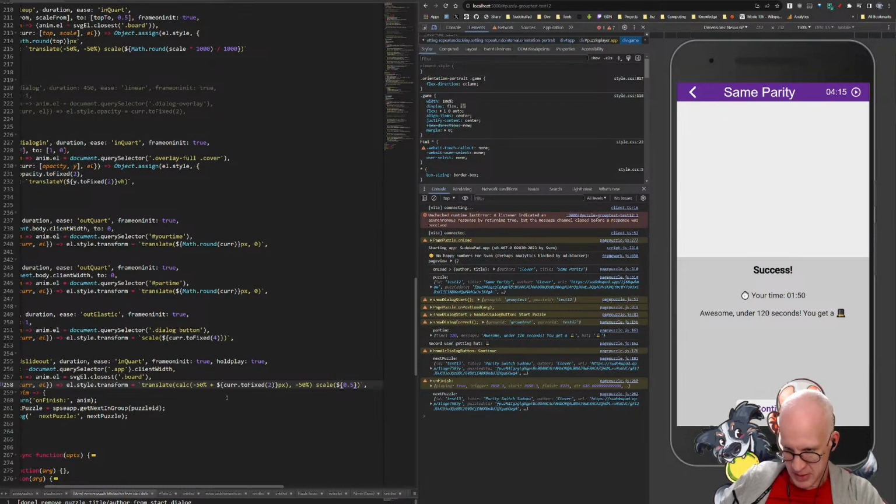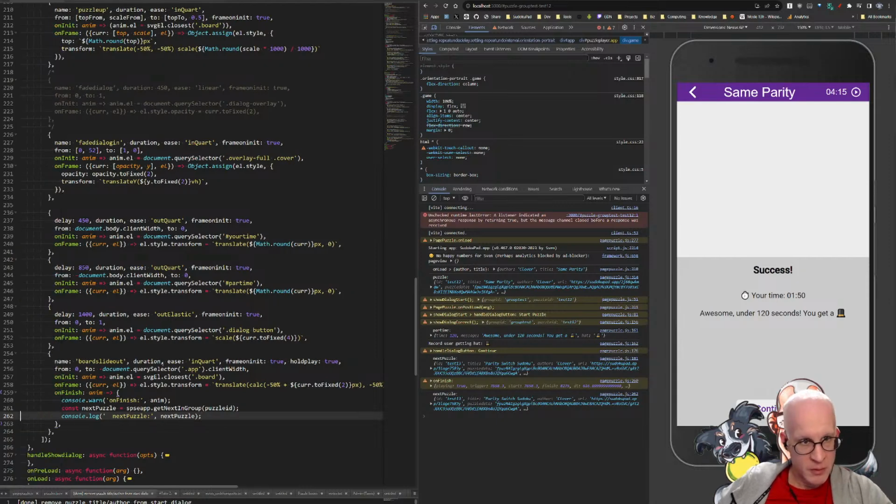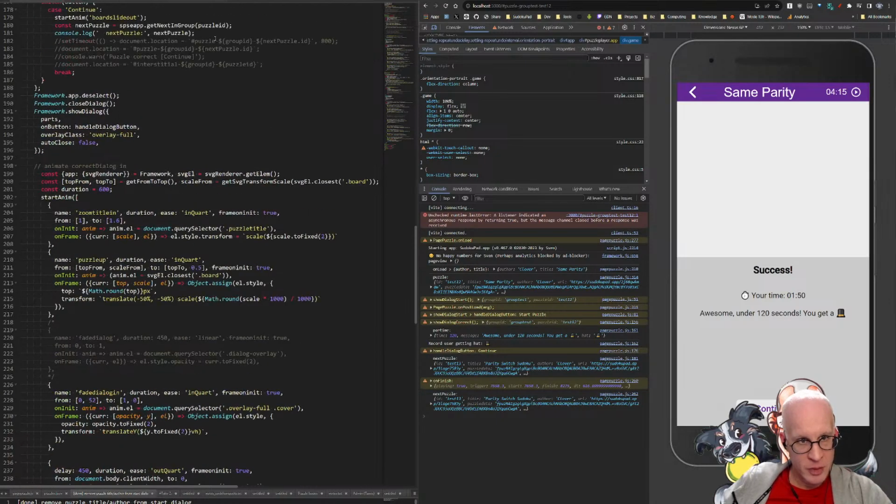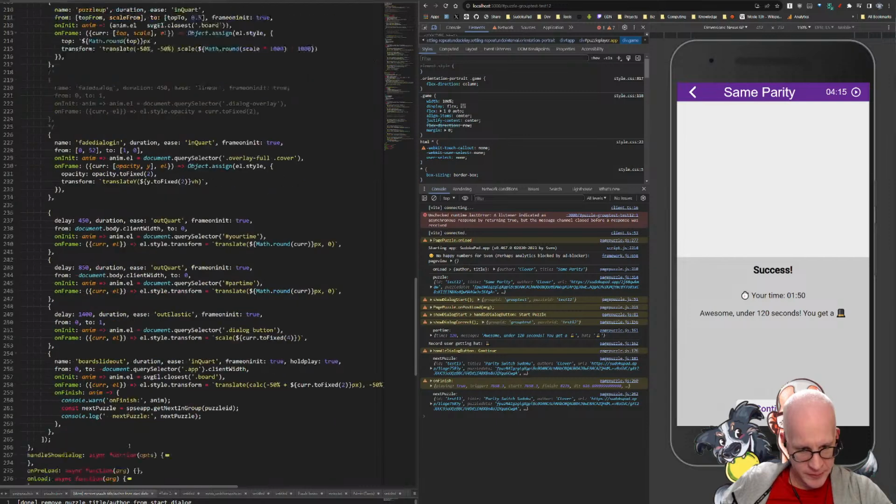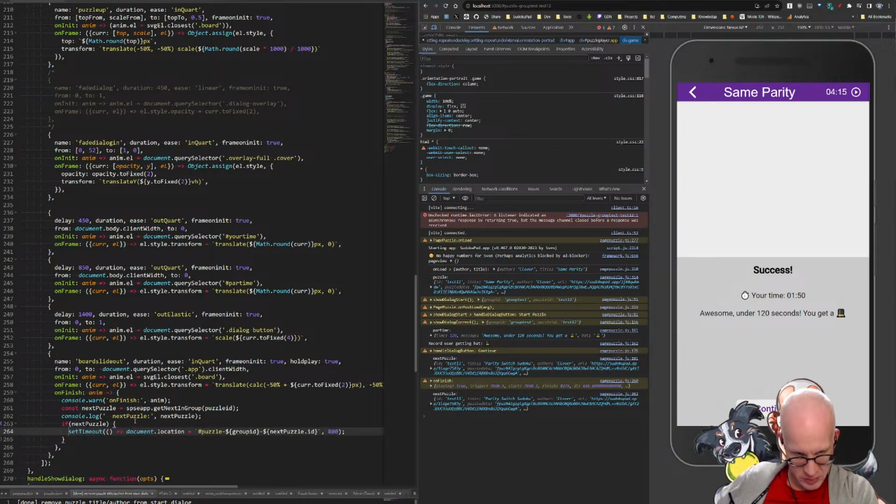All right. Next puzzle, test 103. So, we're gonna do if next puzzle. Boom. Do we need a timeout at this point? No, we don't need a timeout anymore. We could just do it, right? And then we'll do else console.error last puzzle. Actually, you know what? Let's just do it. Let's just go back to the group then. Else,